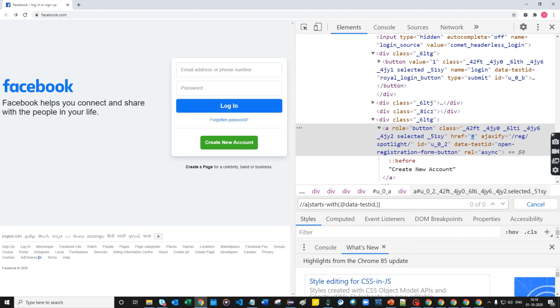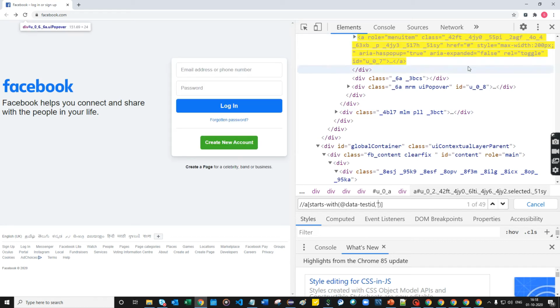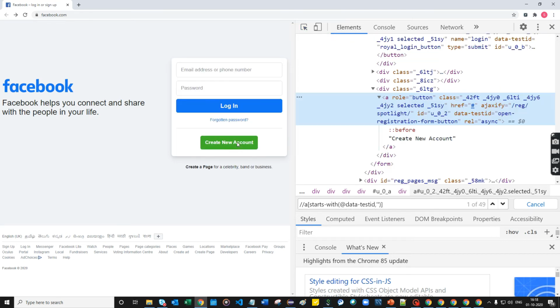Inside double quotes I'm going to give open registration. See, it is highlighted. So whichever attribute value starts with open registration, that element will be highlighted inside the web application, right? This is the format we are going to follow for implementing the starts-with XPath.